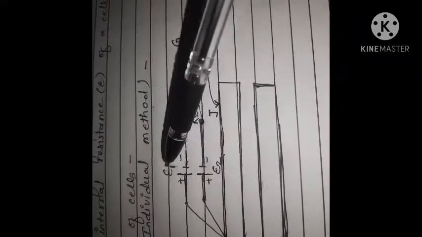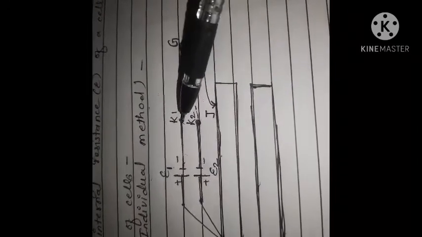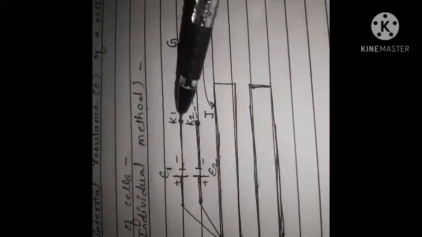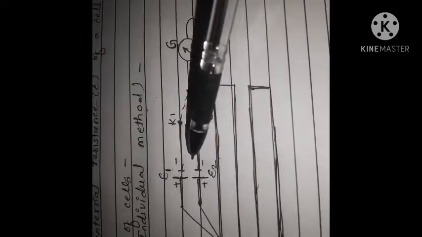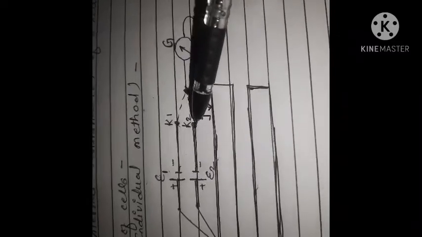One is key 1 and the other is key 2. The cell of EMF E1 is connected to K1, and E2 is connected to key K2,